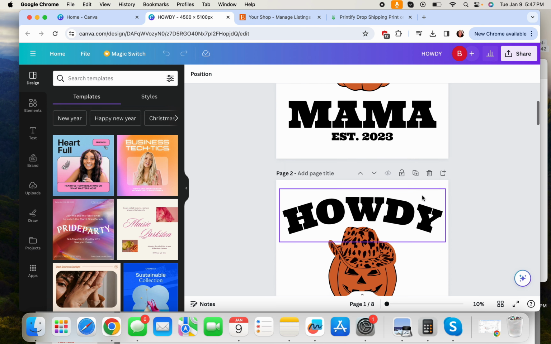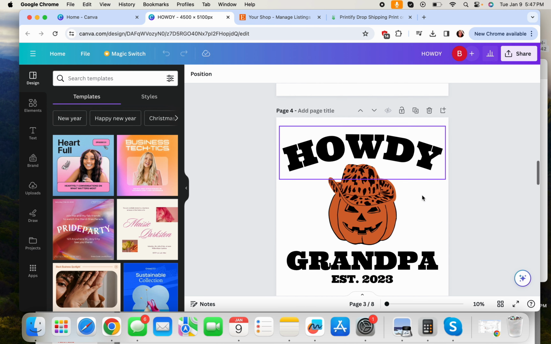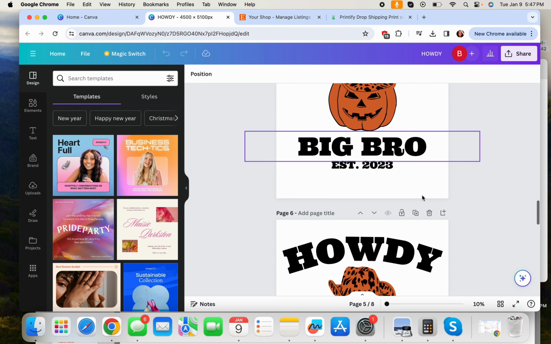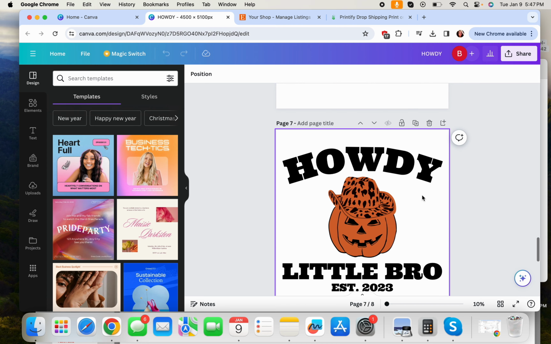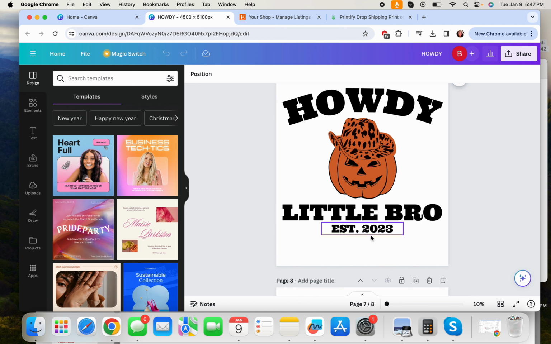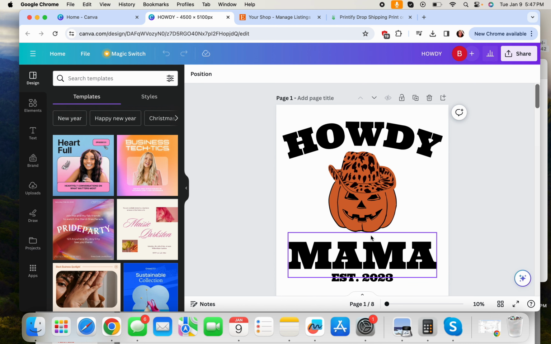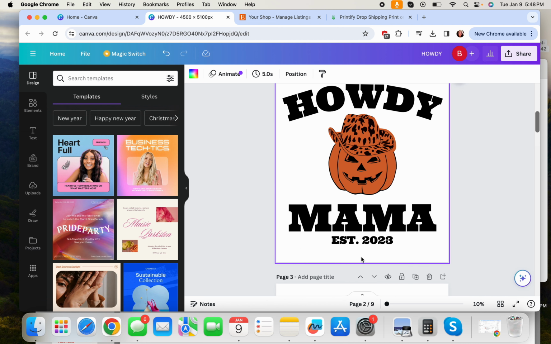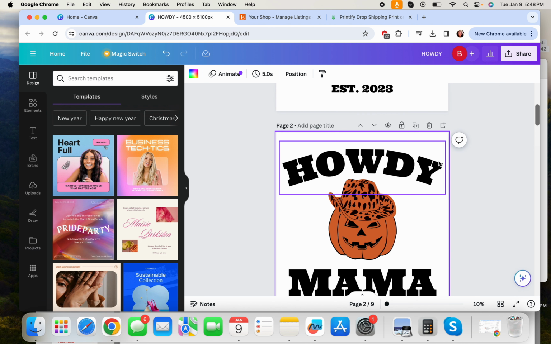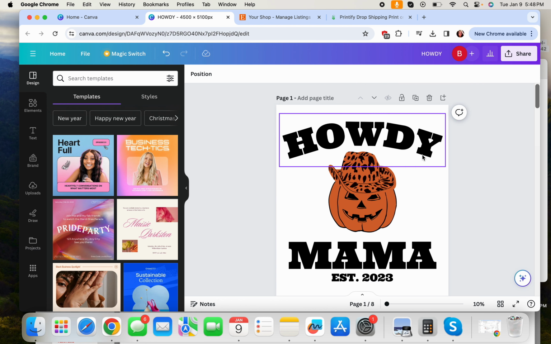I have the mama one, the daddy one, the grandma, the grandpa, and then we go to big brother, little brother, big sister, and then they can put the established date of when they became that. So this is going to be your template. When a customer orders, for example, I just come in here and duplicate this, and then I can write the correct established date or switch this if I need to. So the first thing that we do is download this as a PNG transparent